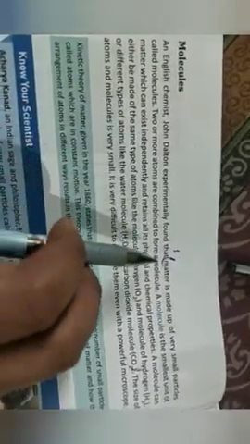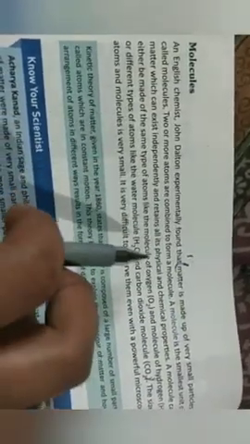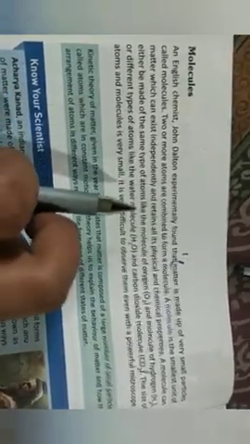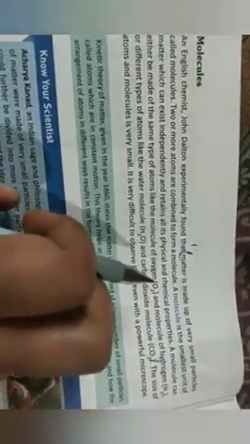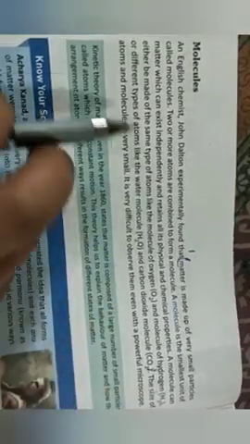Matter is made up of very small particles called molecules. Two or more atoms are combined to form a molecule. A molecule is the smallest unit of matter which can exist independently and retains all the physical and chemical properties. A molecule can either be made up of the same type of atoms, like a molecule of oxygen or hydrogen, or different types of atoms, like a water molecule and a carbon dioxide molecule. So this much will be the first answer.